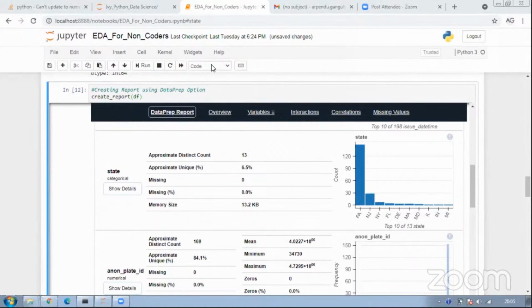Because when you are writing a lot of code, you focus more on the coding rather than on the story. But here you will have an interactive way, and you can really focus on the story building part of the EDA exercise. Okay, cool. I hope this short session was helpful, and I see that yes, you guys liked it.